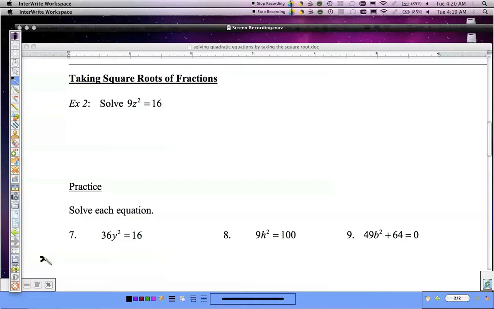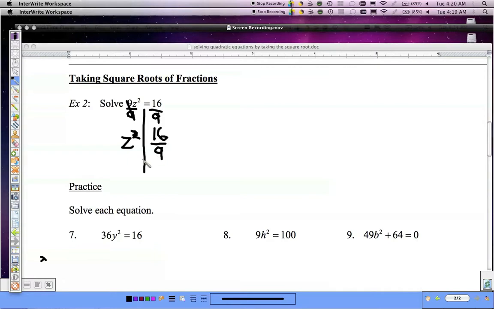Okay, so for the next example, we're going to solve it the same way, where we just use inverse operations to get back towards the z. So the first thing I want to do, I have 9z squared equal to 16. Get z squared by itself. And what we end up with is z squared, because these 9's divide to 1, z squared is equal to 16 over 9,